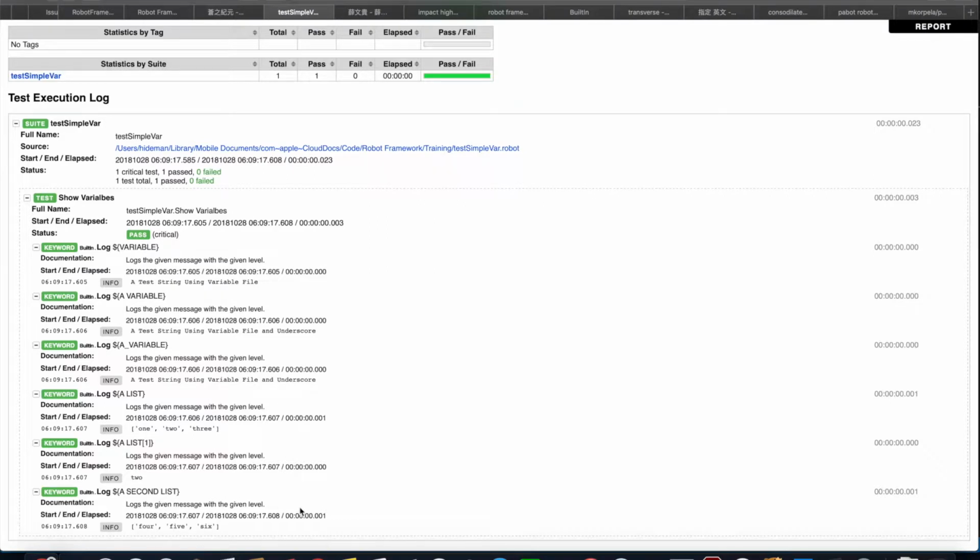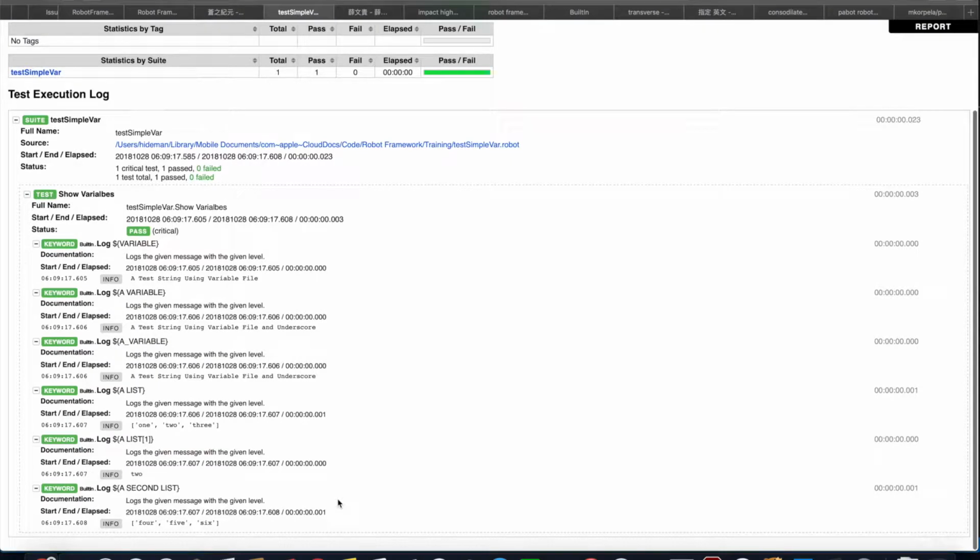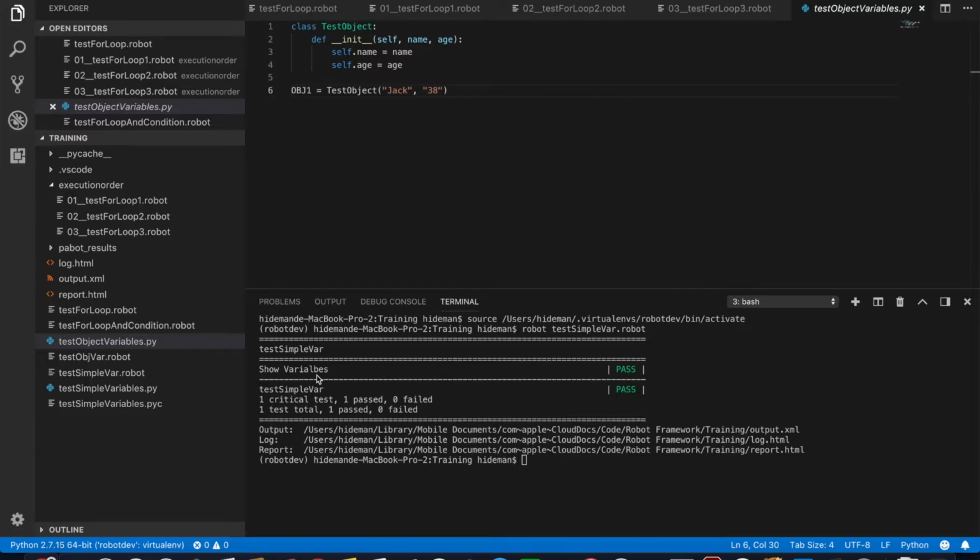So this is a demo of the simple basic type variables. So the next one is